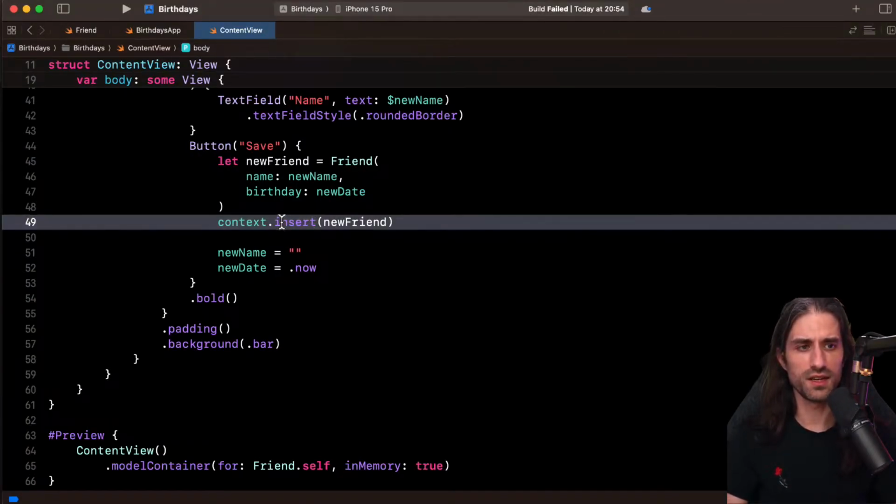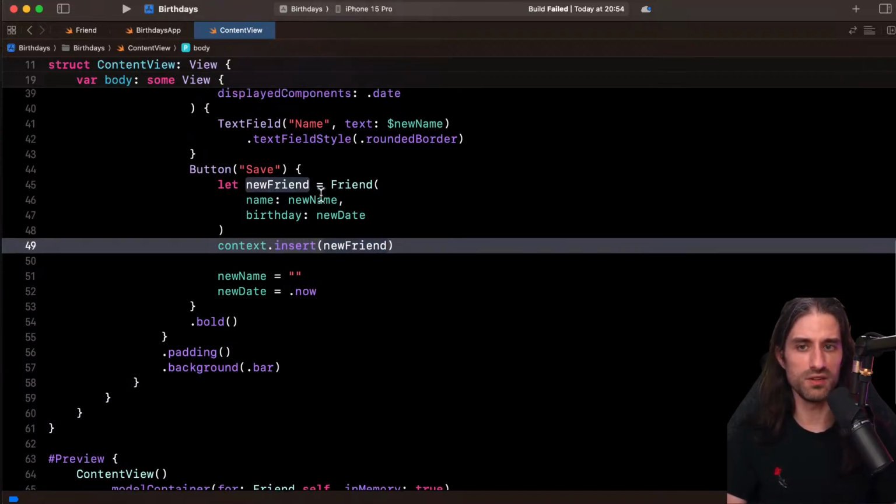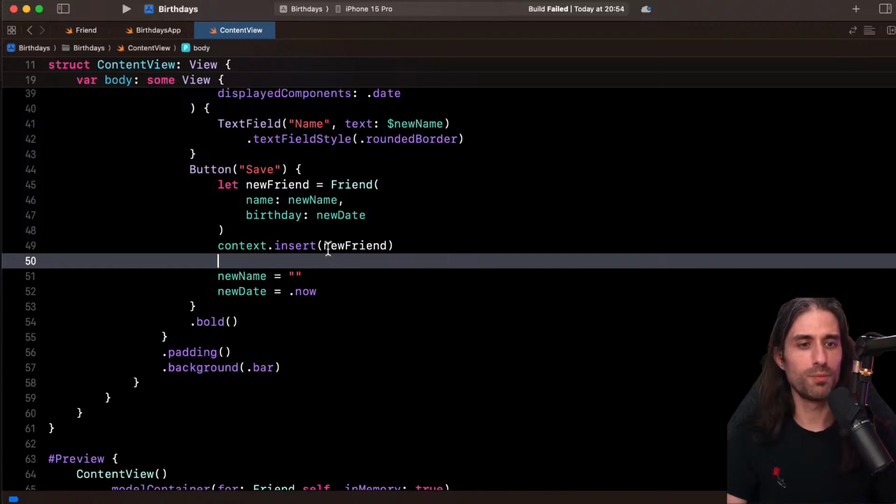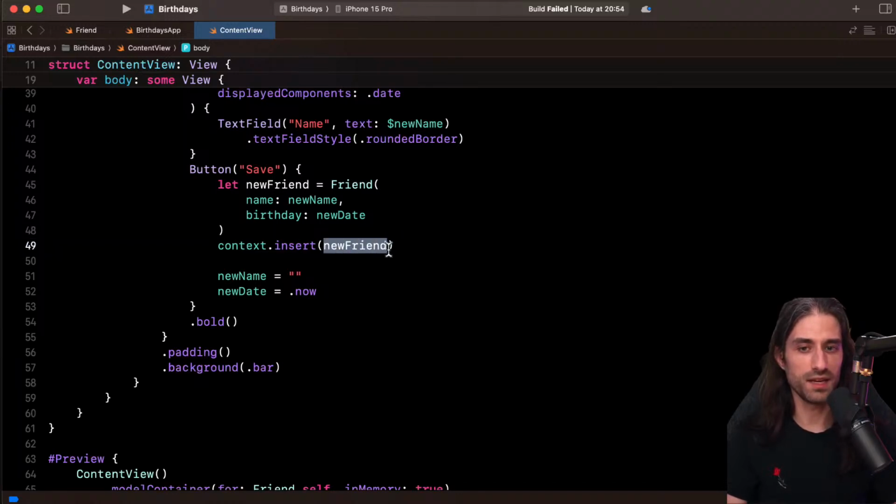Interestingly, you can see that you don't need to provide the type. Think about, for instance, when you want, so no, it's the insert case. I was more thinking about when you want to decode something using Decodable, you need to provide the type. Here you don't need to, because the type can be inferred, since it already knows that it's a friend. But it's the same thing with a JSON encoder and Decodable. So actually, the comparison with Decodable doesn't make sense because they both work the same way. But I wanted to highlight the fact that this is type safe, because here Swift knows that the type is friend.